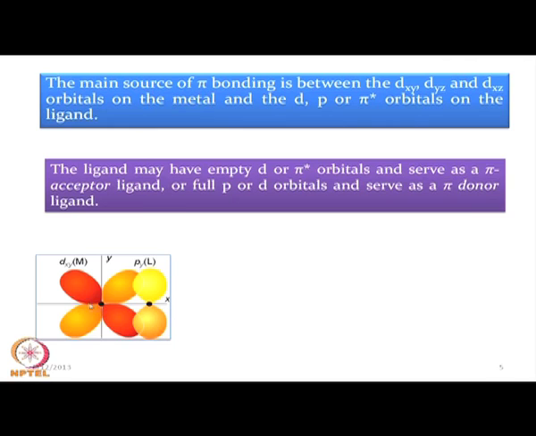Now, we will consider some of these ligands as typical pi acceptor ligands, while those with full p and d orbitals serve as pi donor ligands. If we have vacant or empty d or pi star orbitals, for example in nitrogen, we can consider that it has a vacant d orbital because we do not have any electron in the d level for nitrogen or oxygen. But they are available for some kind of acceptance of the pi type of electron density from the metal